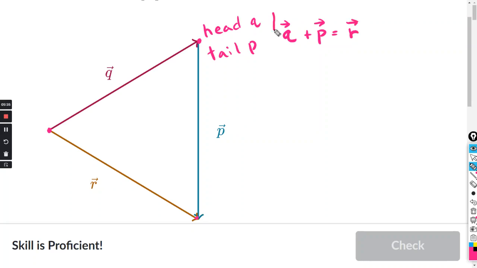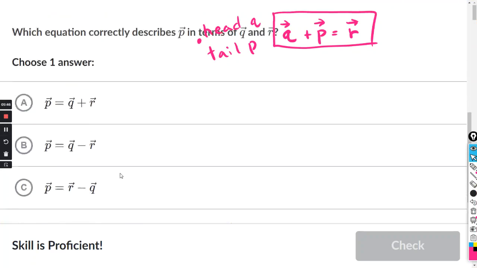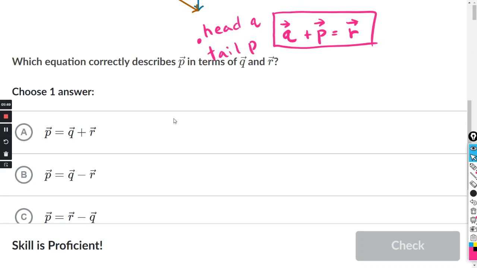Okay, so that's the equation I get from this, but we may have to do a tiny bit of algebra to match their answer. Okay, let's see their answers. So there's only three choices here. P equals Q plus R is not what we got. Okay, so we might have to do a little algebra. Here it says P equals Q minus R. Here it says P equals R minus Q. So it looks like we might as well solve for P, because these are all P equals. So if I solve for P